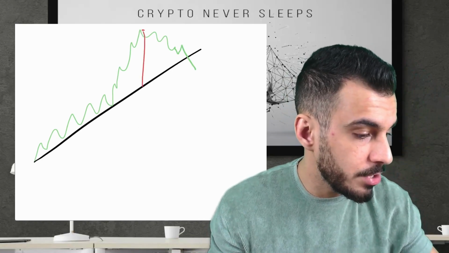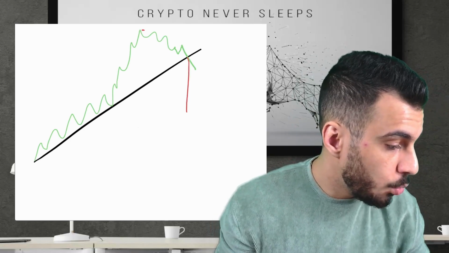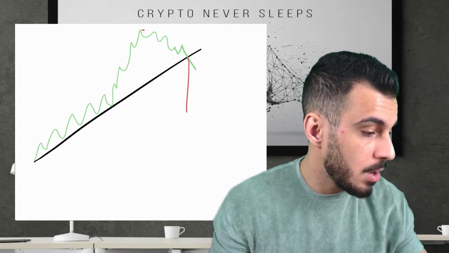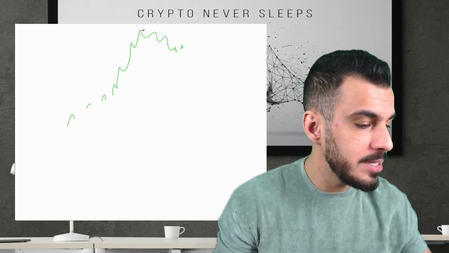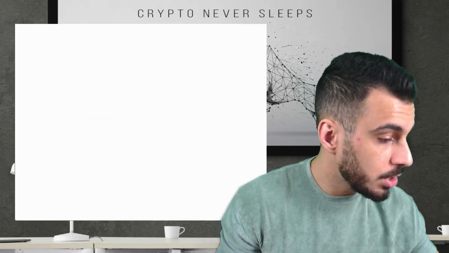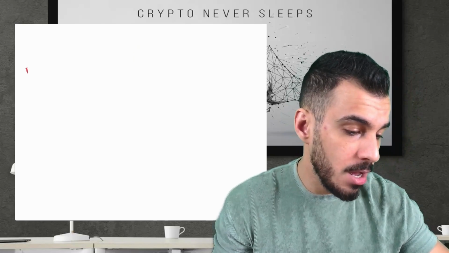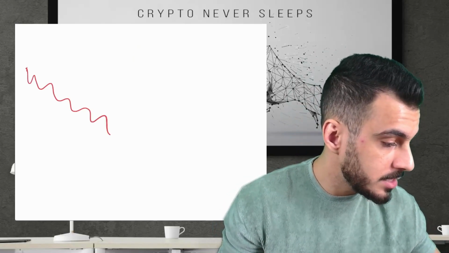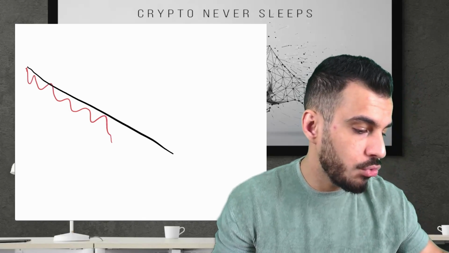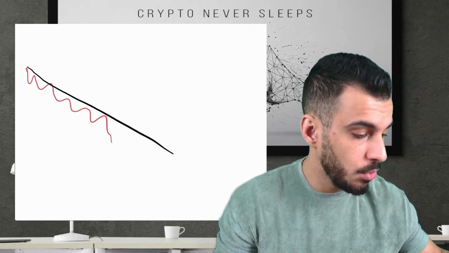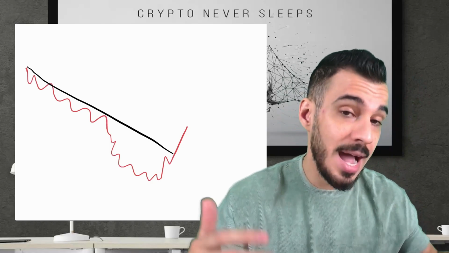We take this target, project it from the moment of the breakout, and we could expect the price action to come down to this level. And the bullish one, you understood already, is basically the same thing but to the other side. The price is going down, down, down, respecting the level of this resistance. We are going to have a greater leg to the downside until we break this to the upside, activating our